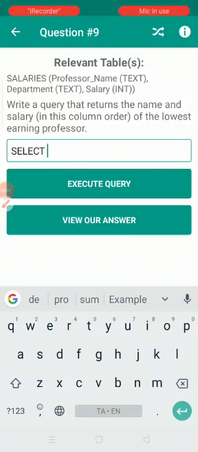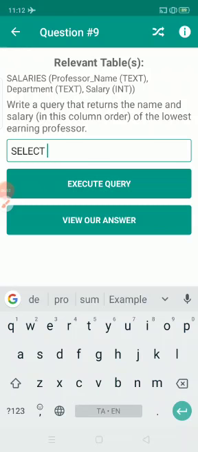It will execute the maximum salary and then the minimum salary. Which professor earns the maximum, and who is getting the lowest salary, is given in this question.